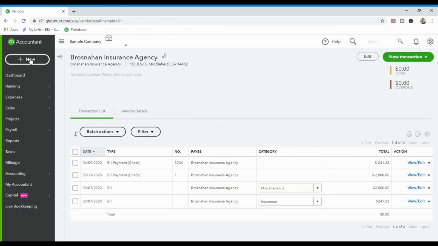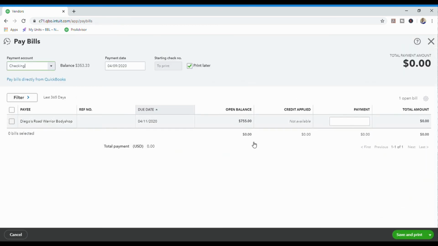and I'm going to go back into pay bills, and you will see all those checks have been paid. Another way that you can pay the bills in QuickBooks Online is to click on pay bills directly from QuickBooks. When you click on this, it will bring up a screen to set up bill payment in QuickBooks. I'm not going to click on this because it's going to populate my vendors and my clients, and I don't want to do that. But when you're going to set yours up, just click on that and